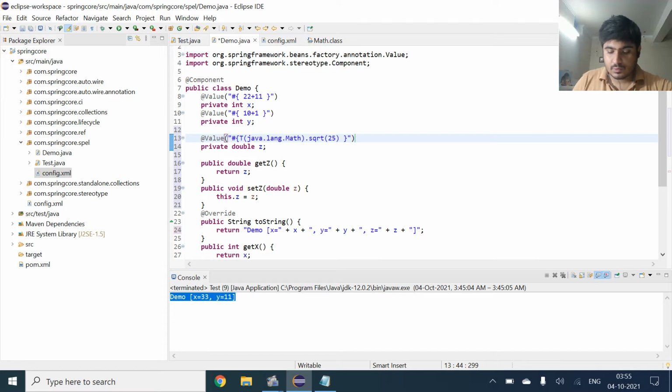So this is how we give the value java.lang.Math, and if you want to find the square root of 25, we will give 25 as the value for the input.